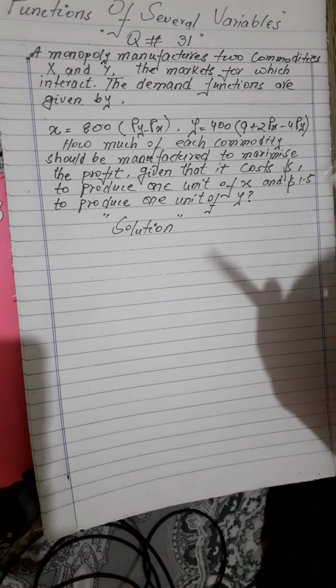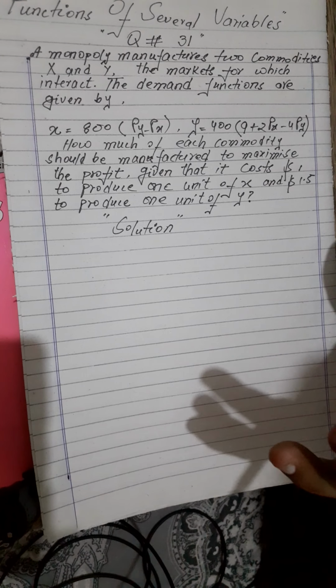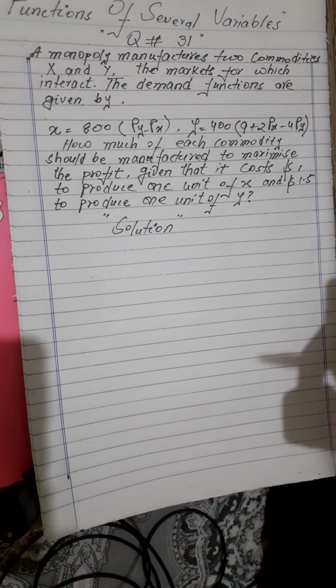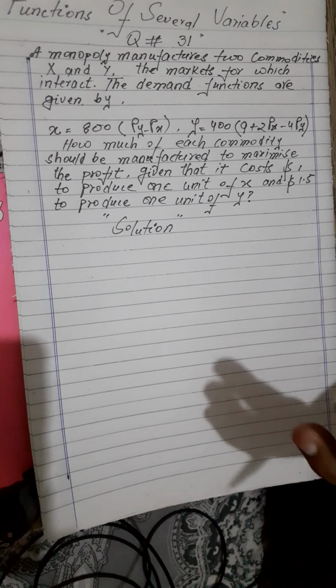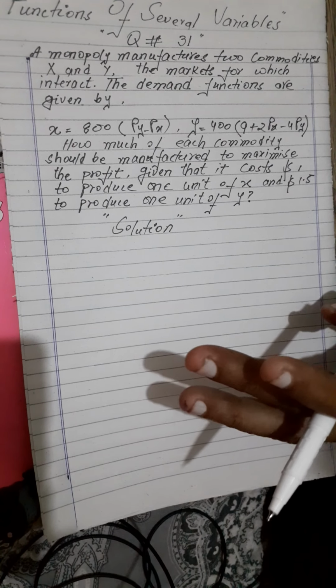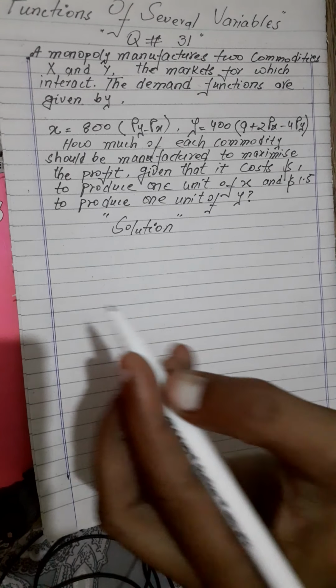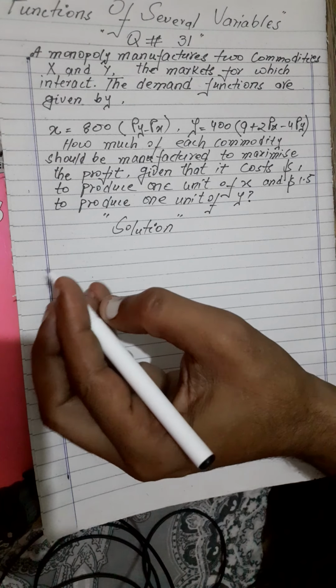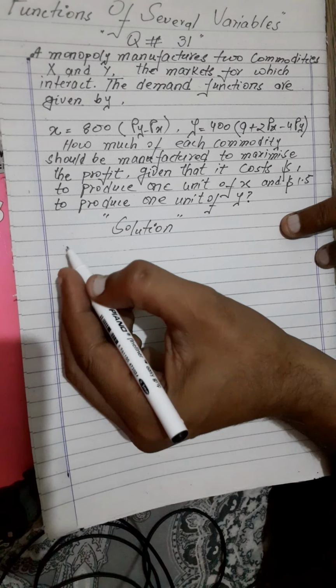Now, it is a profit maximization problem in which demand equations are given. We will solve the demand equations simultaneously to find Px and Py. Then we will write the total revenue function. So here we are. The demand equations are